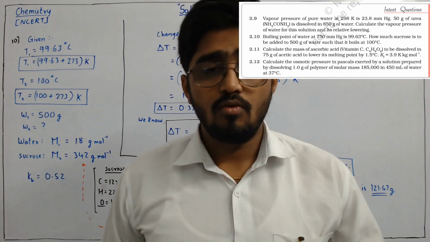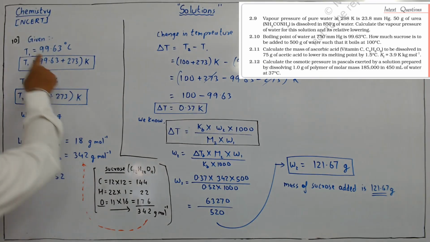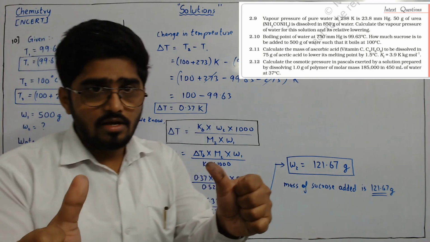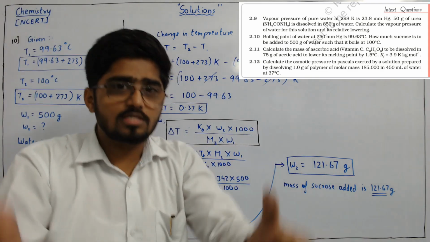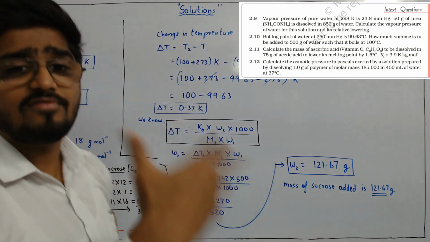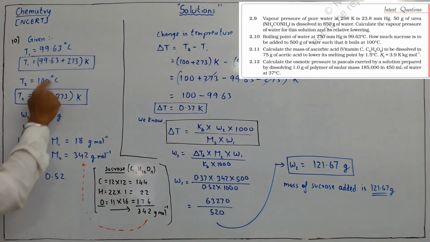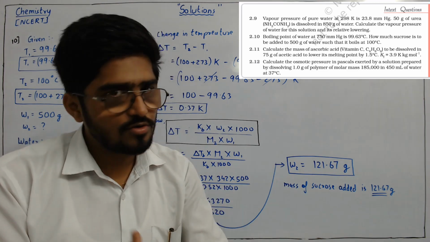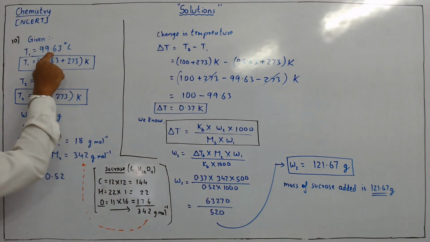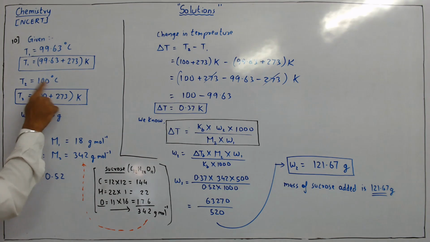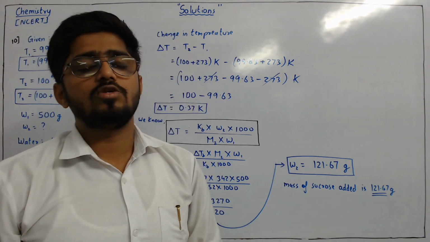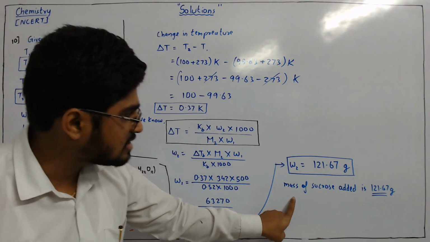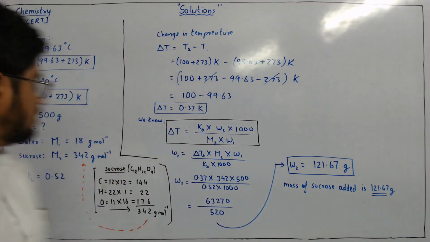Okay, very easy. They have given us the initial temperature of water. Then they have asked how much sucrose, that is how much solute, we need to add such that the boiling point of water will become 100 degrees Celsius. See, students, if we add something in water, then the boiling point of water will change. First it was this much. After adding sucrose, it has become this much. Then they have asked how much sucrose we need to add to get this temperature. In short, we need to find the mass of sucrose. Got it, everyone? So come here.